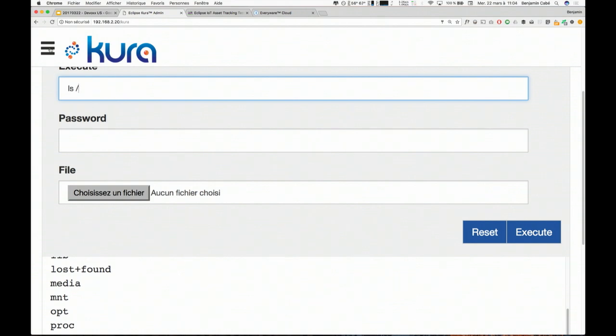It will manage the gateway, but I want to do more. I want to be able to run my own software, my sensor access kind of software. So there, you're going to use the Cora APIs to create an OSGI plugin, essentially. You have APIs for accessing the serial port of the gateway, APIs for accessing Bluetooth Low Energy, APIs to communicate with the cloud, APIs to communicate with the GPS if you have a GPS.